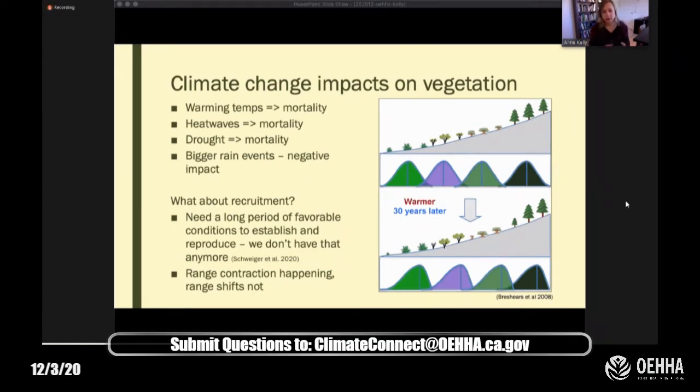So as a result of increasing death without increasing recruitment, we're seeing range contractions of many plant species across the desert region. This has been well documented, especially across several important plant species in Joshua Tree National Park. Unfortunately, there are few large-scale studies tracking these effects across California more broadly, and especially the deserts remain understudied.